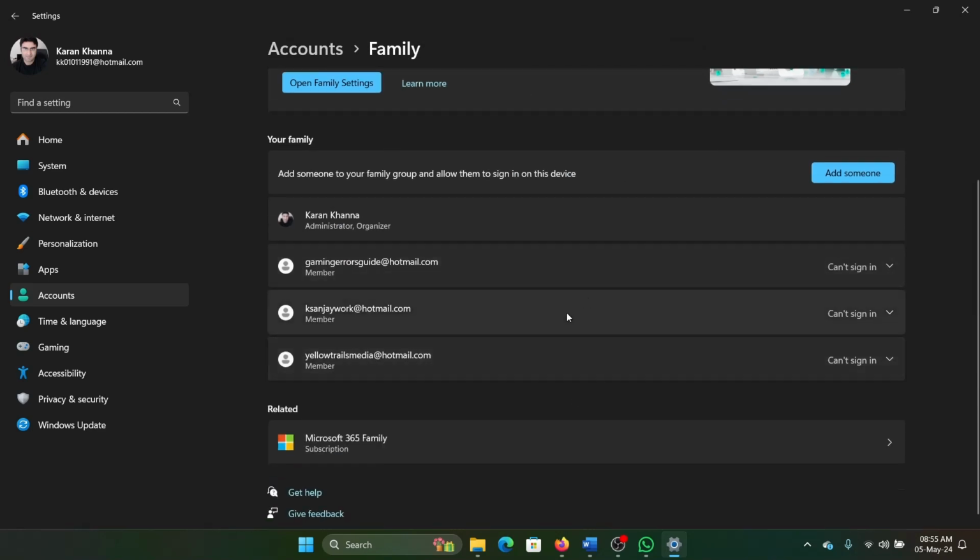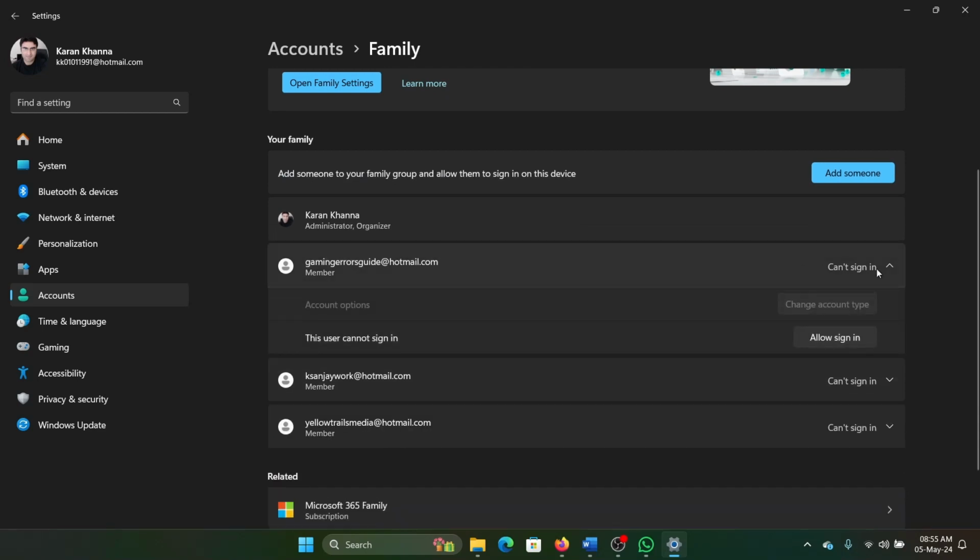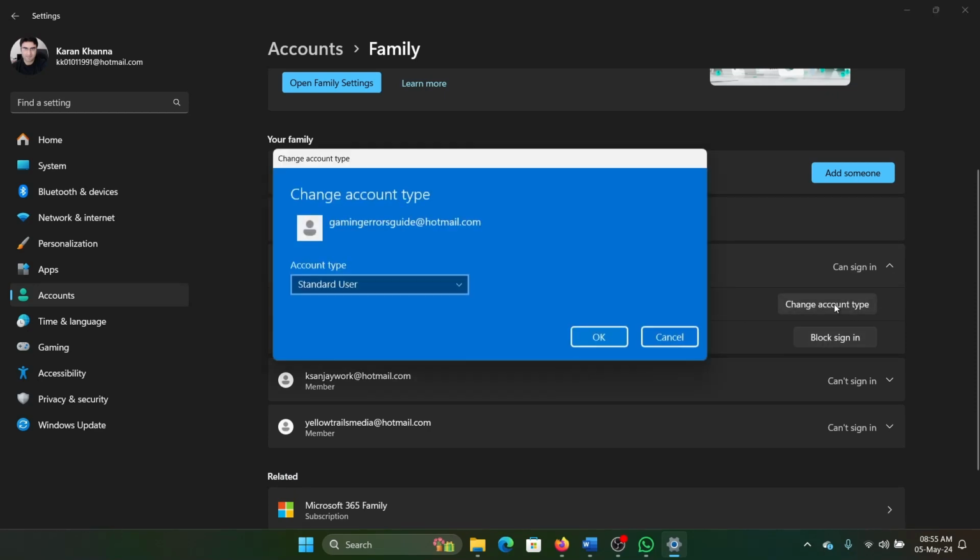So once they are added here, it doesn't mean that they can sign in as a guest. It has simply been added. To give them that permission, click on the downward pointing arrow and click on allow sign in and then click on allow. Now if you click on the account type, you notice that this account is a standard user account,